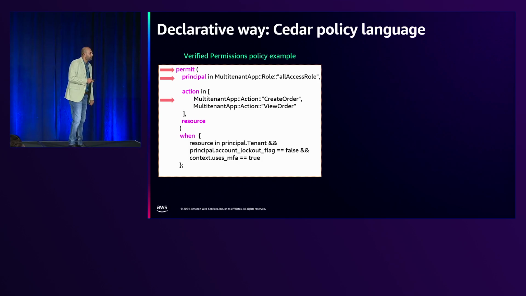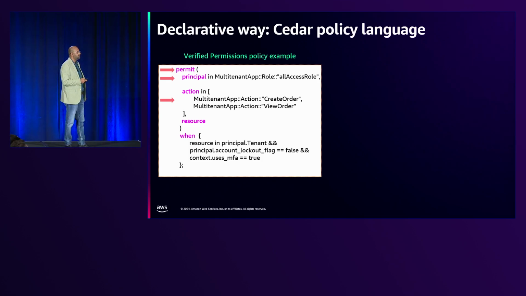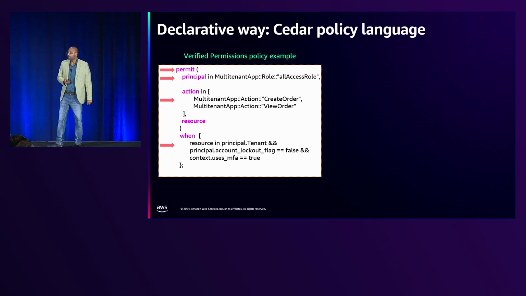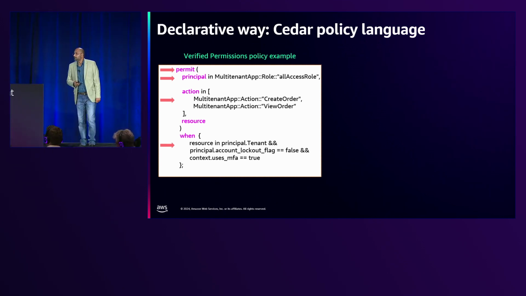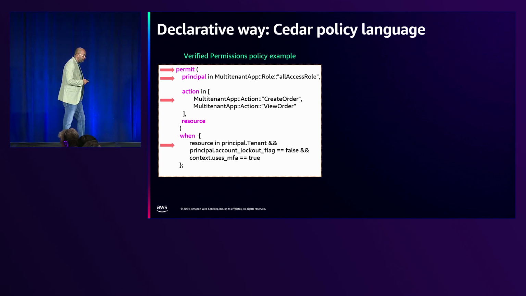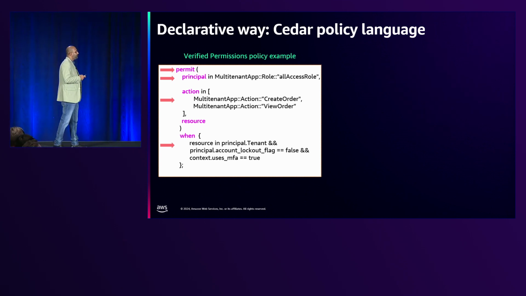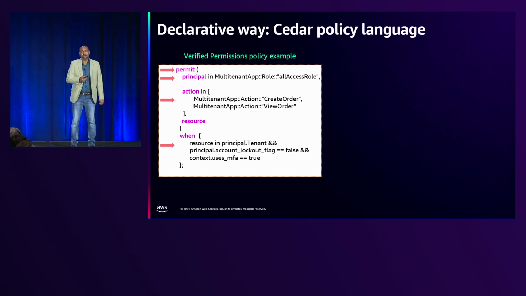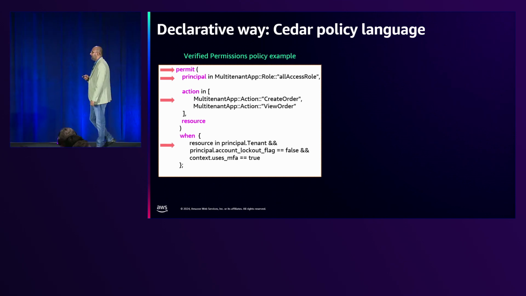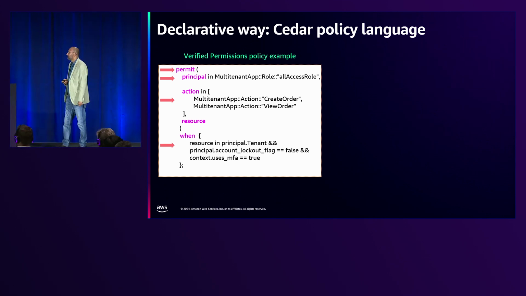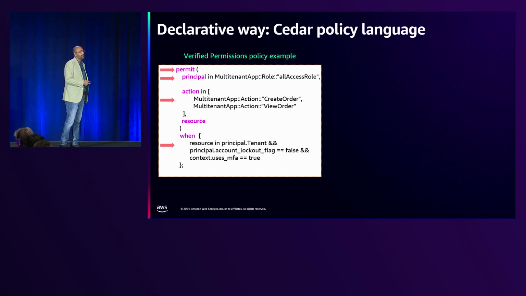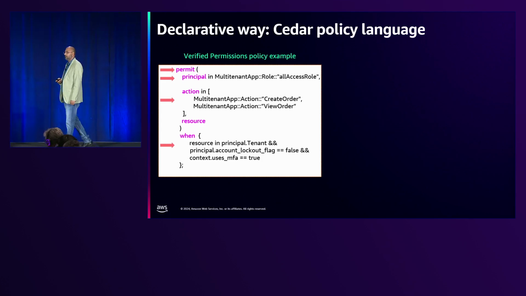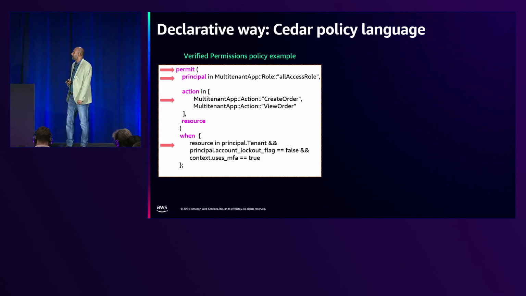This role will have different actions which are permitted, for example create or view order, on certain resources, as well as different attributes which define more granular controls. For example, if the principal is in the context of the same tenancy, the principal account is not locked, and it is using multi-factor authentication, then only allow them to create or view order. So this is how we can combine role based access and attribute based access via this declarative Cedar